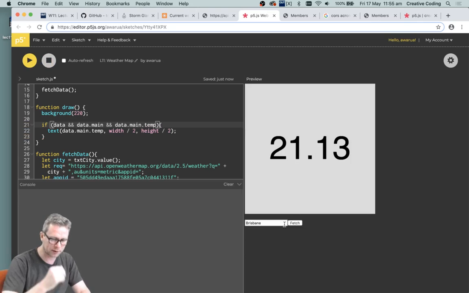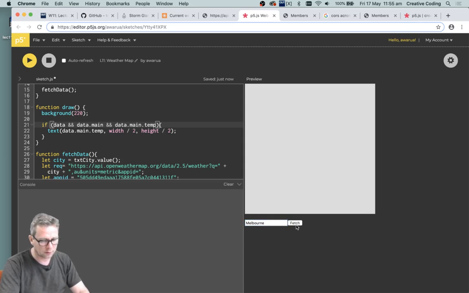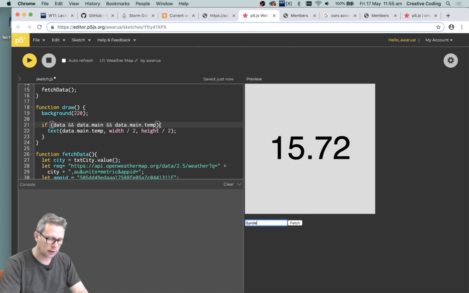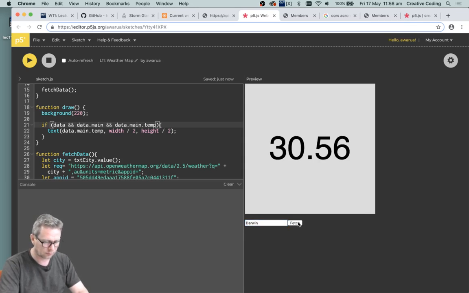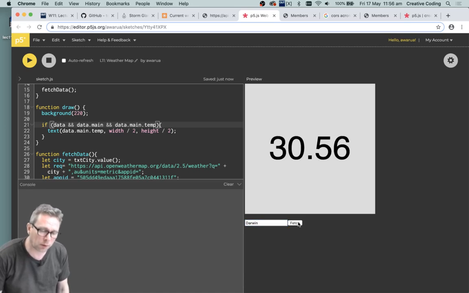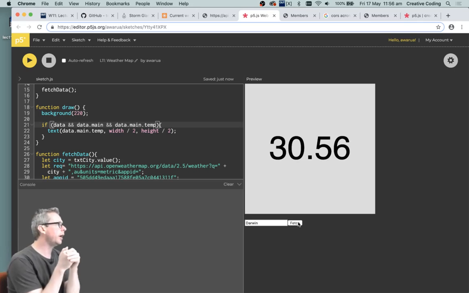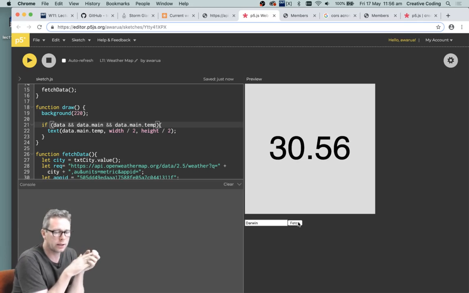Okay, so I've got Brisbane's data, Brisbane's temperature, and if I change this to Melbourne, fetch the data. It's 15 degrees in Melbourne. Sydney. Fetch. I don't know. Darwin. So there you go. That's an example of using an online API to get some data and then display it